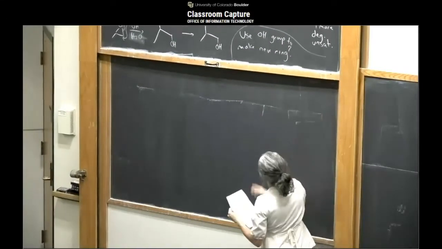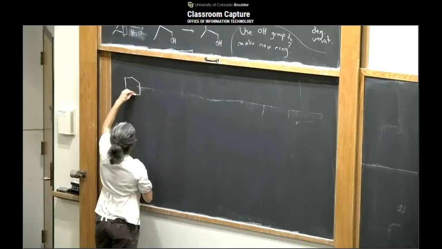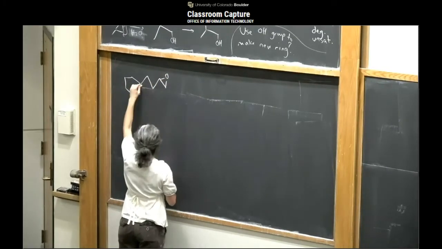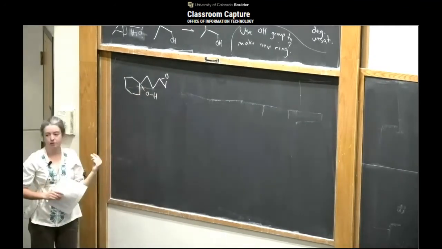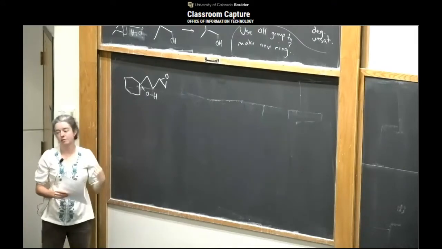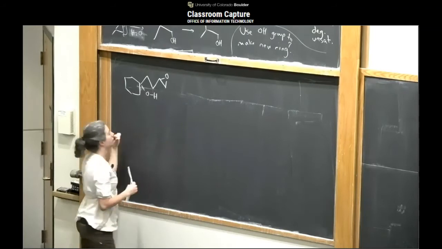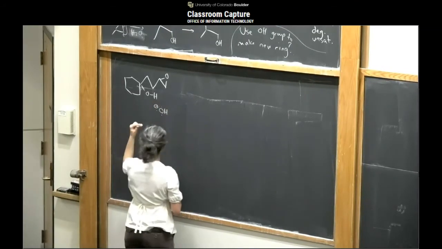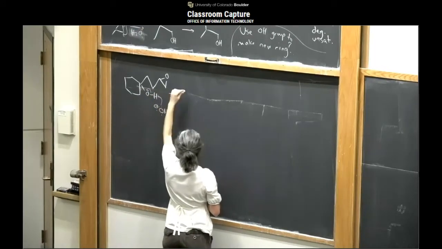Okay, so we're in basic conditions. We can't protonate the epoxide first. But what we can do is deprotonate the OH group here, turn this into a good nucleophile that can then go ring open the epoxide. So if this gets its H taken away first,